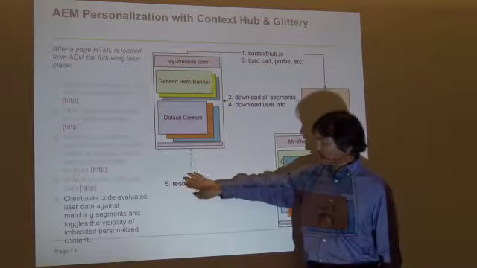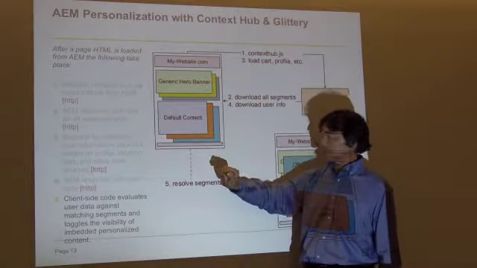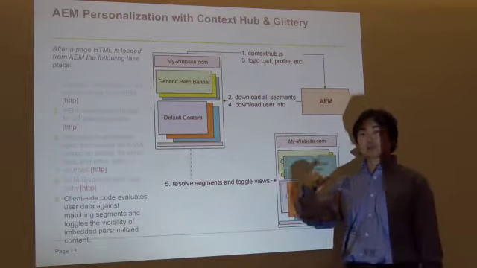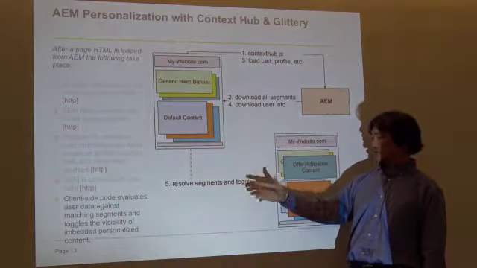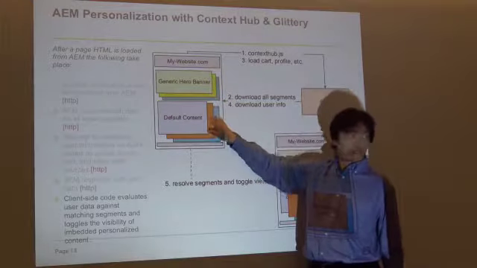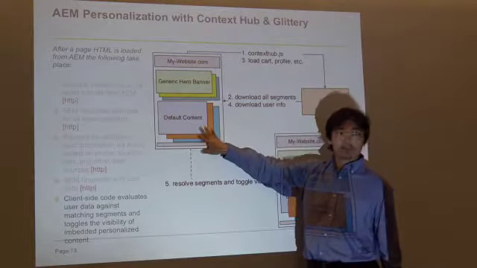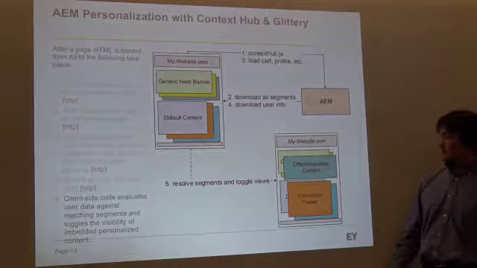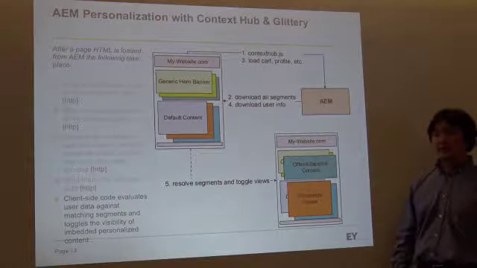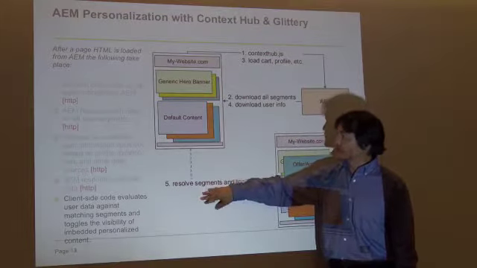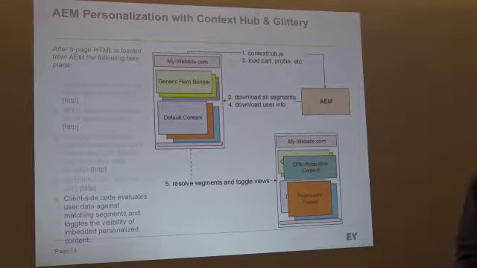Basically, this dash means the processing is happening right there within the client browser. The segments are resolved, and based on the Glittery technology that we showed you a little bit earlier, because the content is actually on the page, precompiled onto the page, the segments are resolved and different views are rendered. So you're going to get some performance improvement here because of this,